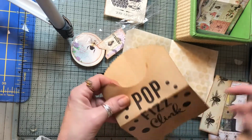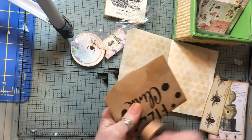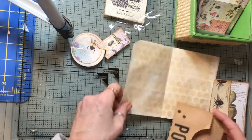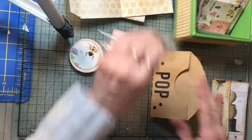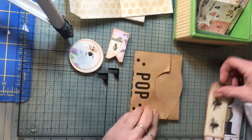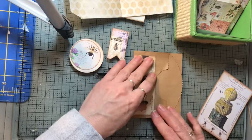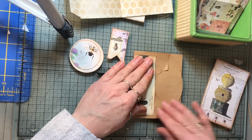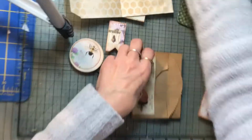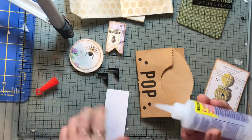So, what's going on? Anybody reading a good book? I love to read, but I have to be a little honest here. I don't read as much as I used to. I listen. If I'm not working with you here on videos, I'm usually listening to an audiobook, which I don't consider reading. You are listening to a book. But anyway, I got a book on Audible. It was like 99 cents, which is